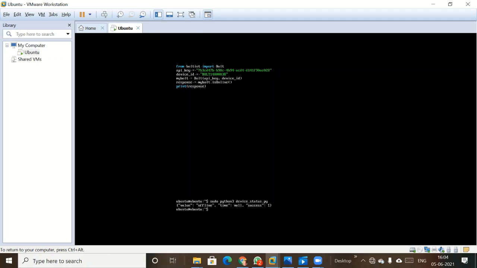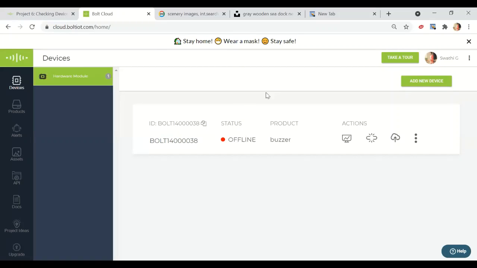Okay, so let me check whether this offline mode is correct or not by using the Bolt Cloud account and checking it there. Okay, let me go to that page. You can see I have created a Bolt account here, and the Bolt device name, and it is showing offline. So it is the same value we are getting from Python. Instead of checking it in the Bolt account, we can check whether our device is online or offline using our Python library. We got the answer offline, and in the Bolt Cloud account it is also showing offline. Hence our program is working correctly and showing accurately.